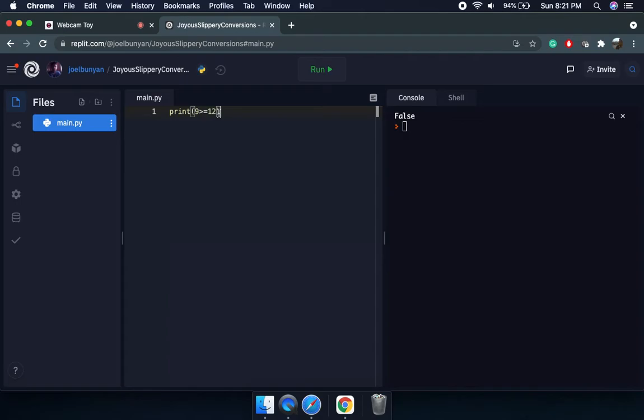So now there is another one, less than or equal to, so it should be true because 9 is less than 12 but not equal to. If I just say 9 here, then 9 is equal to 9, so either of these should be correct. It should return true because 9 is equal to 9, but 9 is not greater than 9, so either one should be right.